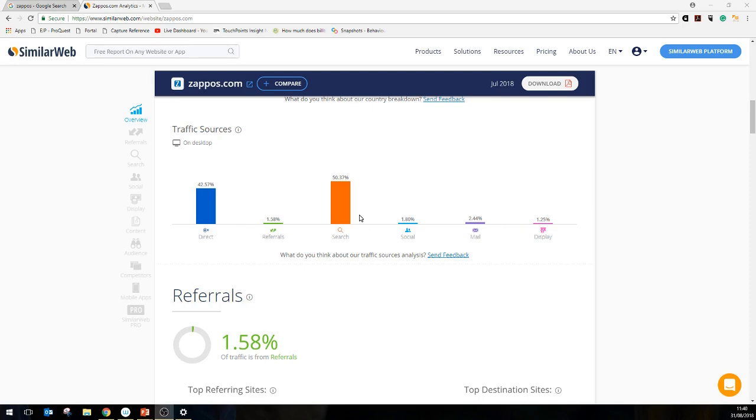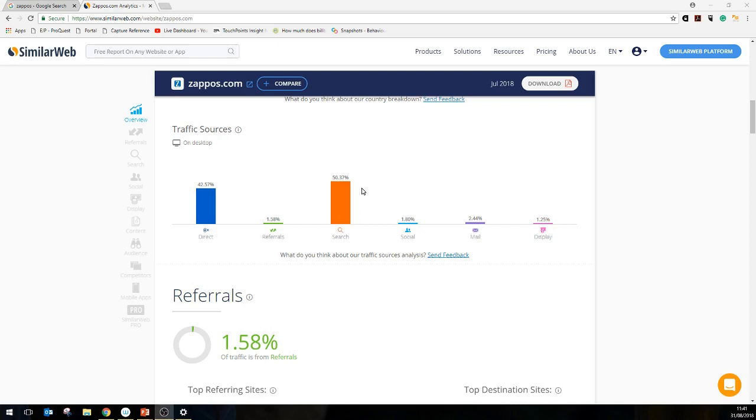Search traffic combines paid search and organic search, but that doesn't particularly matter for this traffic sources report. What we mean by search traffic is this: I might not know of Zappos, or it might not be the number one shop I want to go to online. I might not be sure what's available and what's out there. I might be looking for a pair of shoes, so I might search "buy shoes" or "buy shoes online",